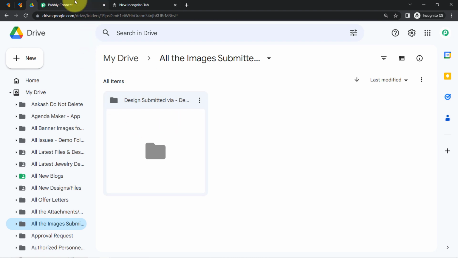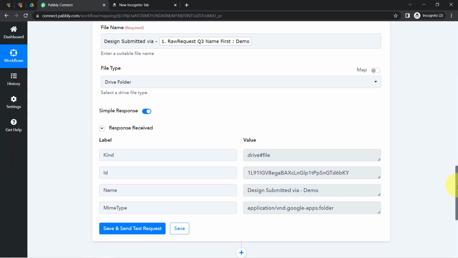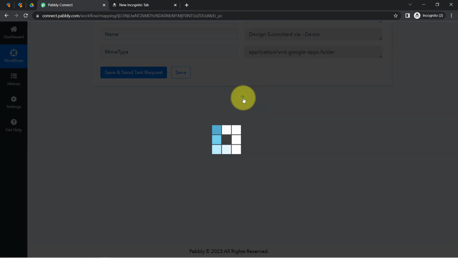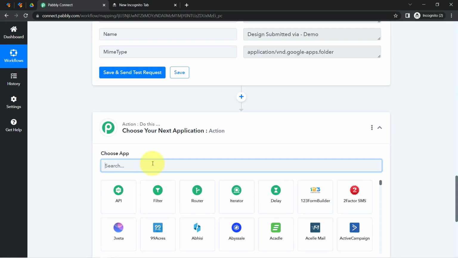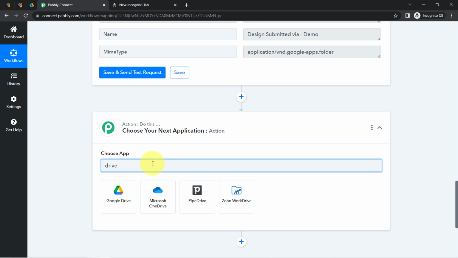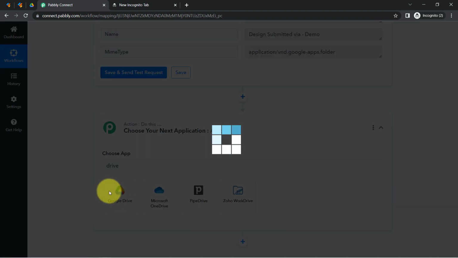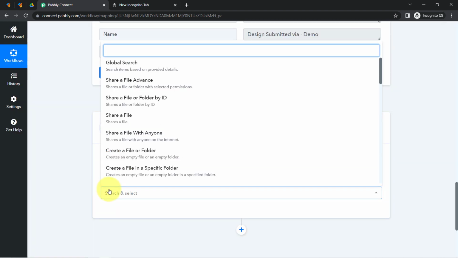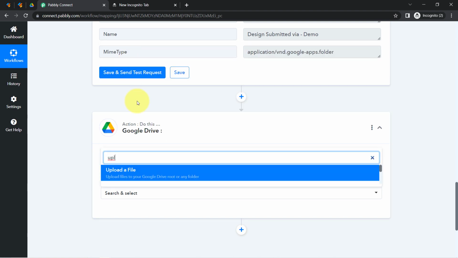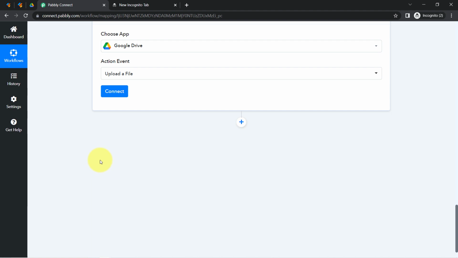And once the dedicated folder is created in the Google Drive, now finally I am going to download that image, and now I am going to upload that image into that Google Drive folder. For that I'll have to search for the Google Drive application once again, and this time I will search for this upload a file action event, okay? And again I will